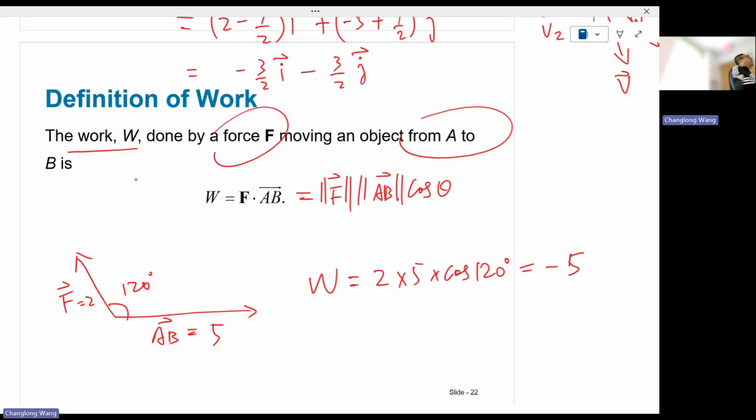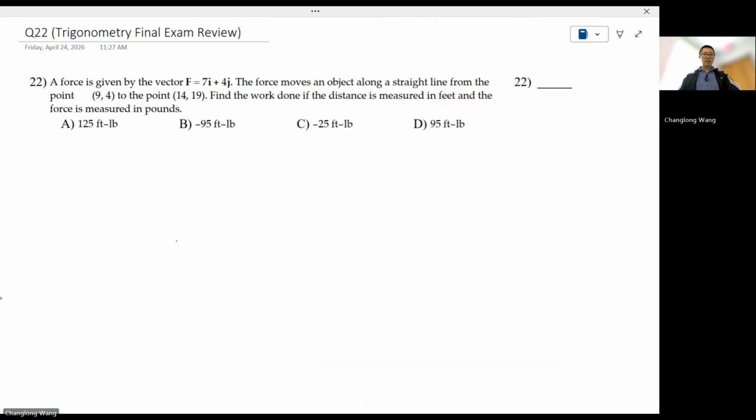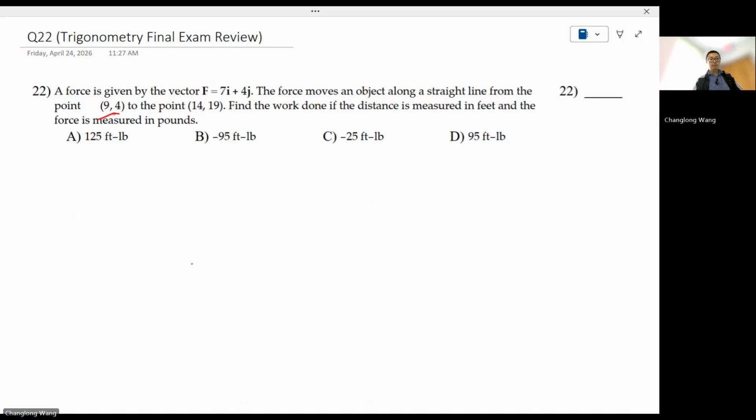But what if the vectors F and AB are given in their rectangular forms, so the i's and j's? Let's take a look at a question like 22. So F is 7i plus 4j, right? Now the movement vector, you kind of have to find it from what they told you. The object starts from the initial point (9, 4) and ends up at the final point (14, 19). Is there a way you can find that movement vector AB